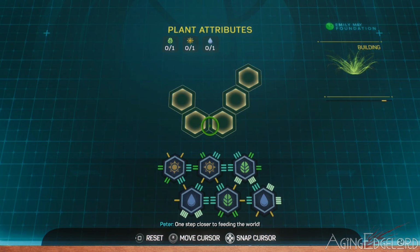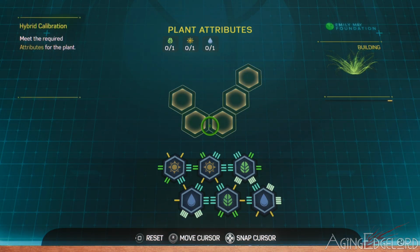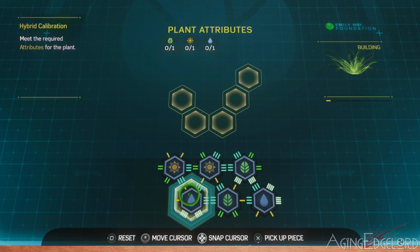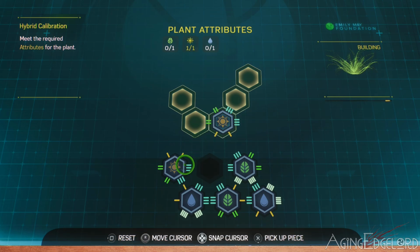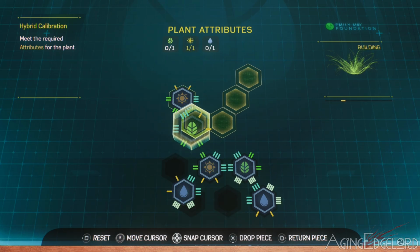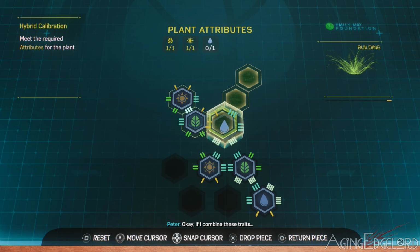One step closer to feeding the world. Nice work. Listen, I know you're not officially on, but could you look at one more gene for me? Curious to get your take on it. It's a crop specifically adapted to urban gardens. Of course. Okay, if I combine these traits...